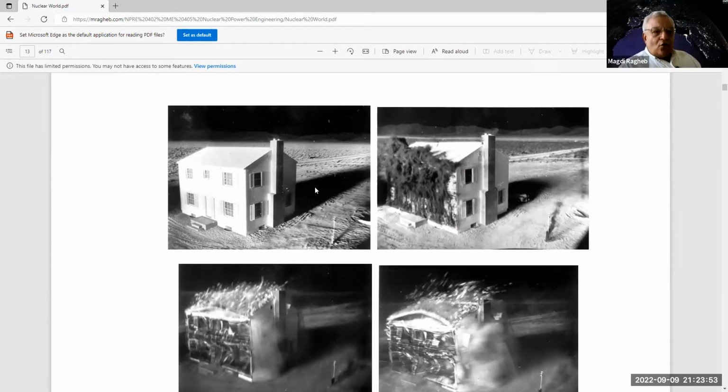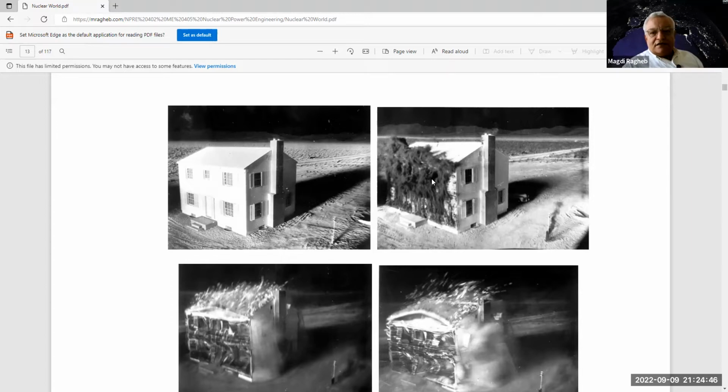So this is a home built especially for that situation. At 1 mile away from the explosion on this side, you could see that the first effect is a light pulse, but then come the X-rays. The device produces lots of electromagnetic radiation in different parts of the electromagnetic spectrum. Part of it is light, part of it is X-rays, gamma rays, and then come particulate matter like neutrons. You could see here that initially it's a pulse of light followed by X-rays. The X-rays are absorbed in the structure, and that basically generates a fire. So the whole house here, if it is subjected at 1 mile from the device explosion,